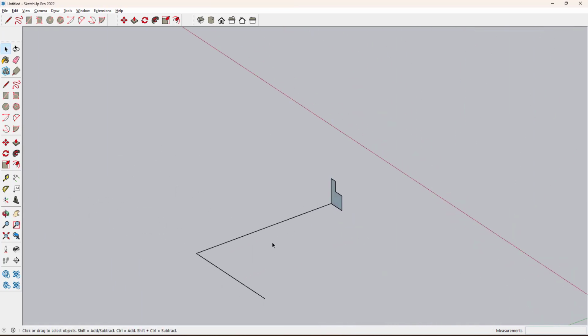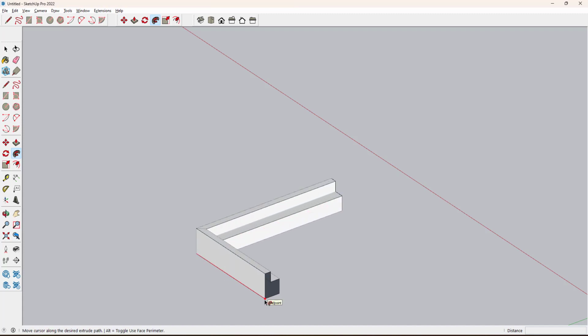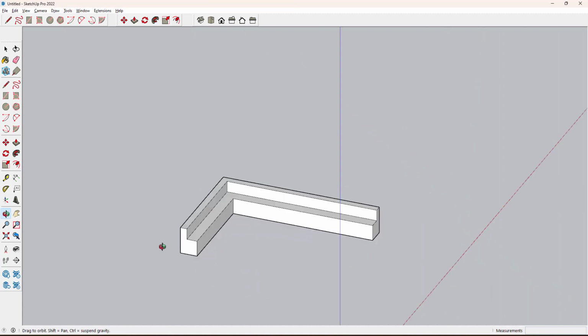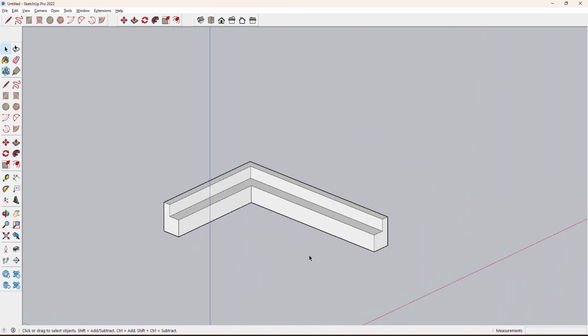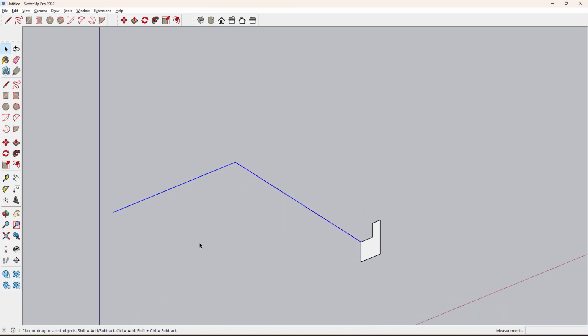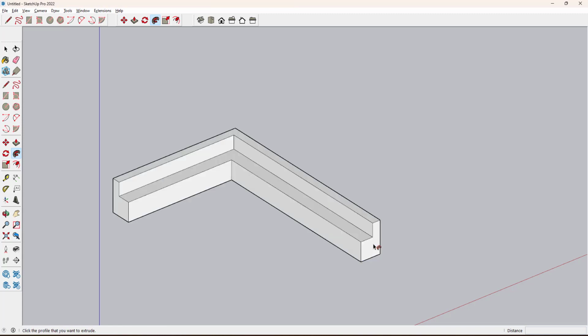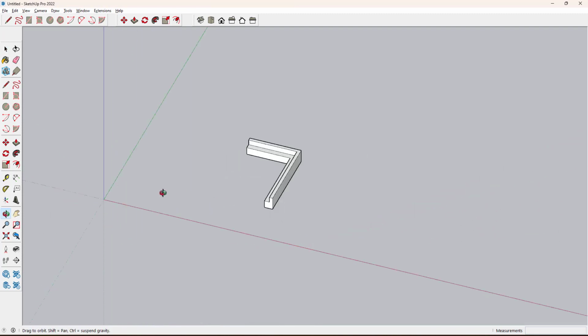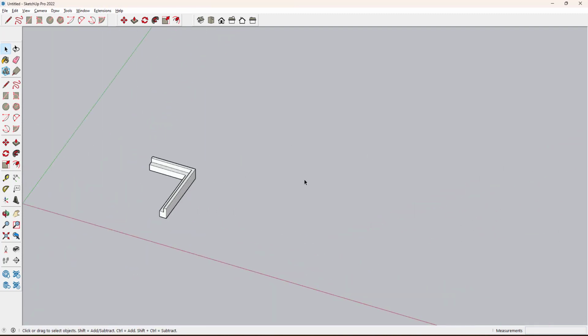Once you are done, take the follow me command and make sure you are selecting or highlighting this shape, and then follow the path like this. Once you reach the end point, you have to double click to finish. You can go with this process, or else I just do Ctrl Z, and then first we have to select the path and then get the follow me command and then double click on the profile or face of this to complete it. So this way you can use follow me while creating the roof or plane projection or any design.